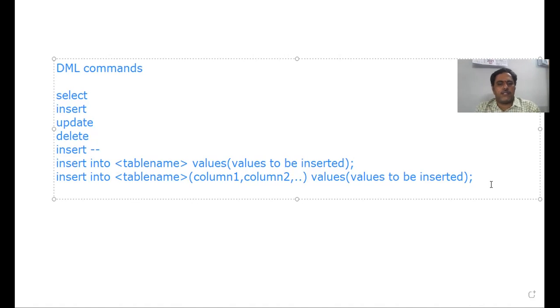In those cases, we have to eliminate that column while inserting the record. Let's take a table of student. It contains the hall ticket number, marks 1, marks 2, marks 3, total, and grade. Here, hall ticket number, marks 1, marks 2, marks 3 are required to be entered, but total and grade should be calculated depending upon the given marks.